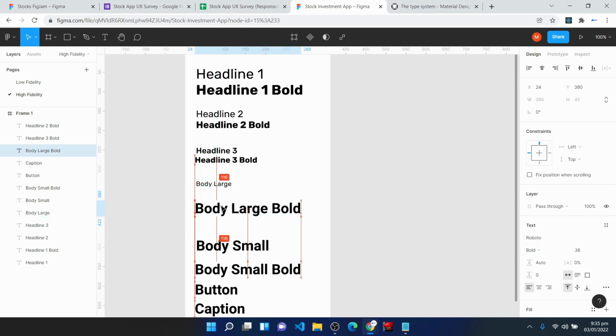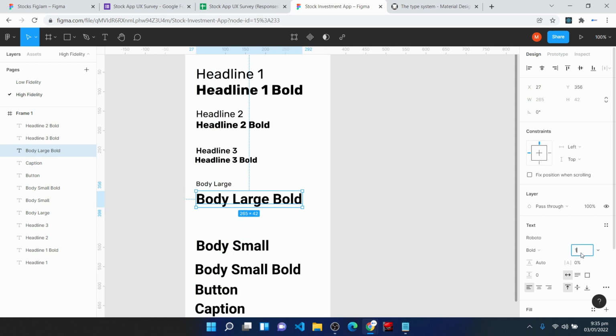that's okay. For the body large bold, you know what to do already. I would set this to 16, set this to 0.5px, set this to bold, then set this to Rubik, and